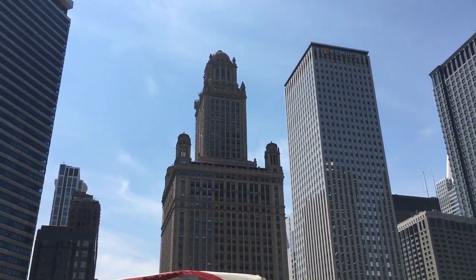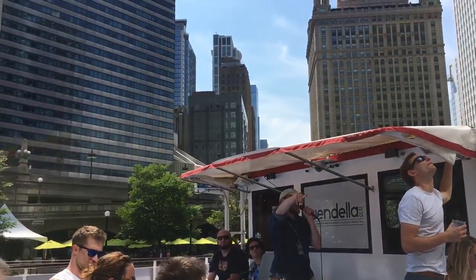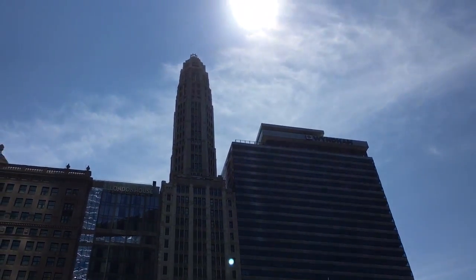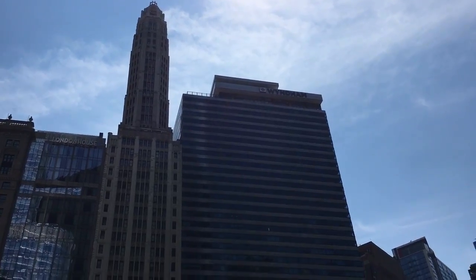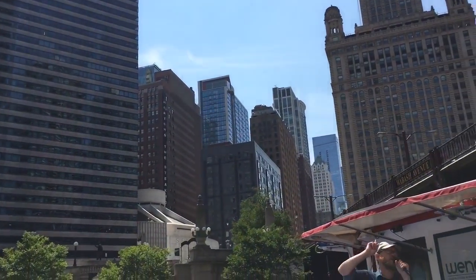The top of the building is all residential, the lower half is a hotel, and eventually stores and restaurants will be going in along the Riverwalk. Saying eventually for a long time. The architect Adrian Smith just completed the world's tallest building in Dubai, the Burj Khalifa, at over 2,700 feet, twice